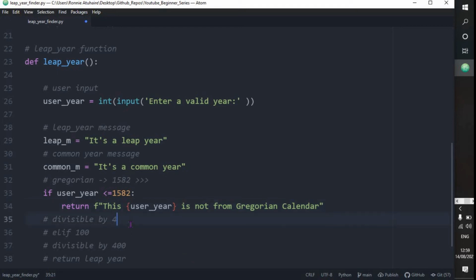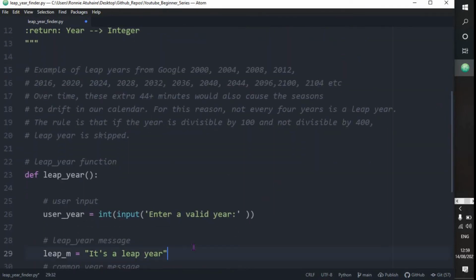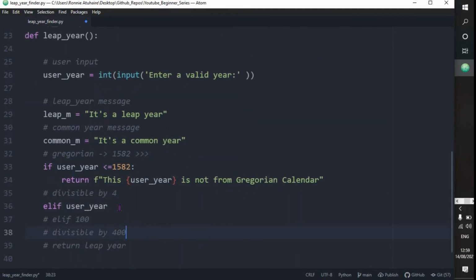So if the user year, first go back and check the rules. If the year number isn't divisible by 4, it's a common year. That's very simple. We are just going to use modulus here. If user year modulus 4 is not equal to 0, in other words, if this year divided by 4 and the remainder doesn't give us 0, that means